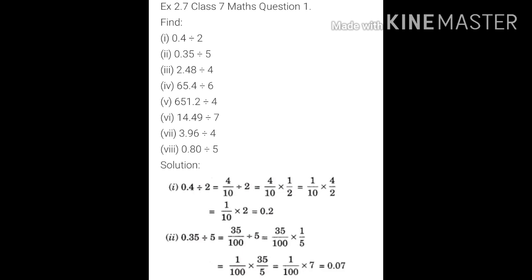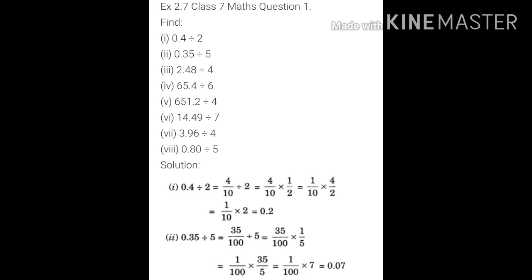One is a decimal number and another is a whole number. So we are going to change this decimal number into a fraction as there is one place of decimal. So we will divide 4 by 10 and divide it by 2. As we have understood earlier also, whenever there is a symbol of division between a fraction and a whole number, we are going to reciprocate the right hand side. So on the right hand side it is 2.